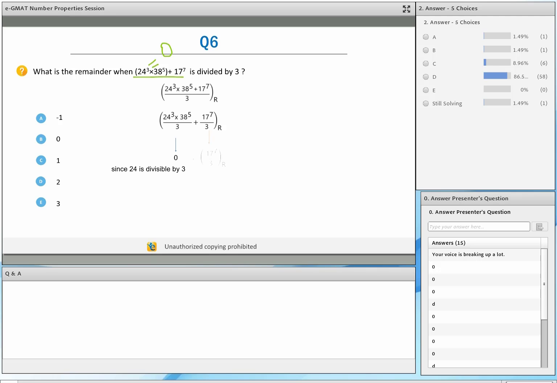Okay, so as we said, all we have to do is 17 raised to the power 7 divided by 3. We need to find the remainder for that, which means that, again, I can take the 7 out, so if I find the remainder of 17 divided by 3, and then I raise that to the power 7, I should be able to get my answer. Now, this is where the negative remainder comes in handy. And look at this. If I used the positive remainder approach, then I would have 2 over here as a remainder. I would then need to raise 2 to the power 7 and then divide that by 3 to get my answer. So that's very calculation intensive. Okay.